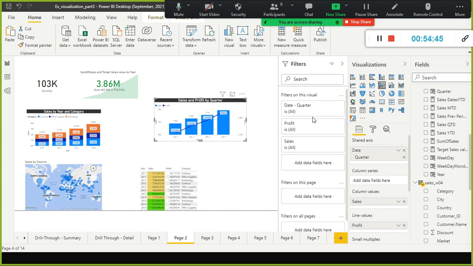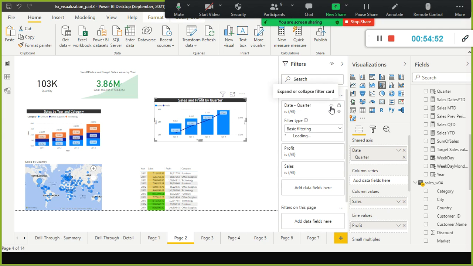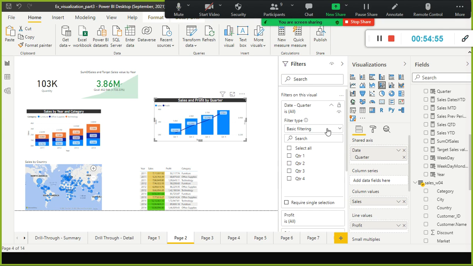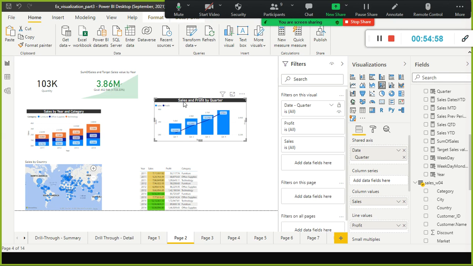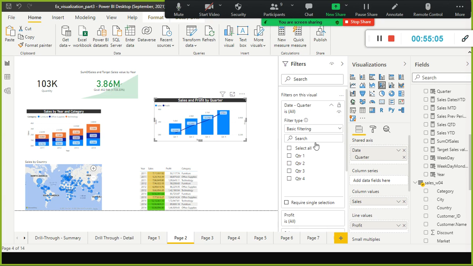Here, sales and profit by quarter, right? Here we have used quarter 2, quarter 3, quarter 4. For filters on this visual, I'll just select this one, basic filtering. Listen very carefully. I just selected this visual. This is my filters pane. On the filters pane, I select quarter 1, quarter 4, and quarter 3.